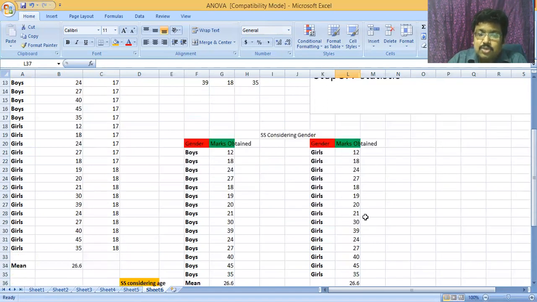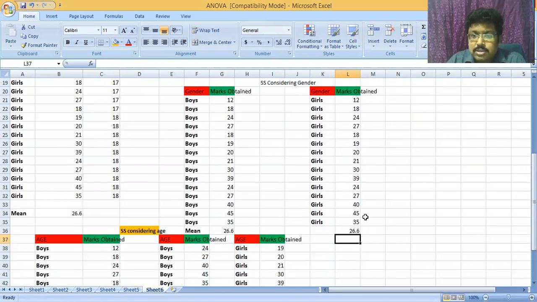And in this way, considering the calculated F statistic and the table value F statistic, you conclude whether the null hypothesis is accepted or not. So this is the understanding of the one-way ANOVA and two-way ANOVA, and this is all